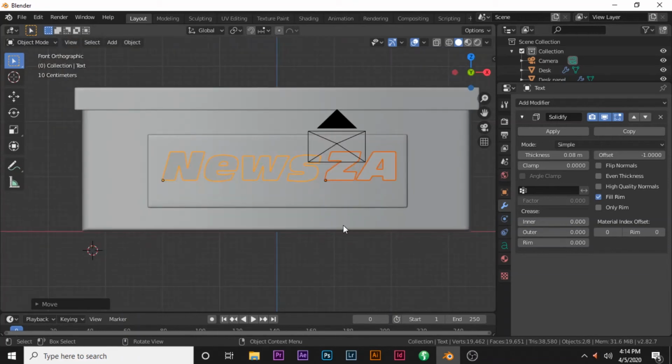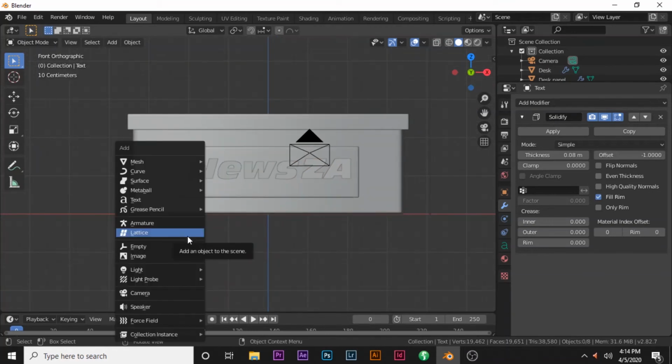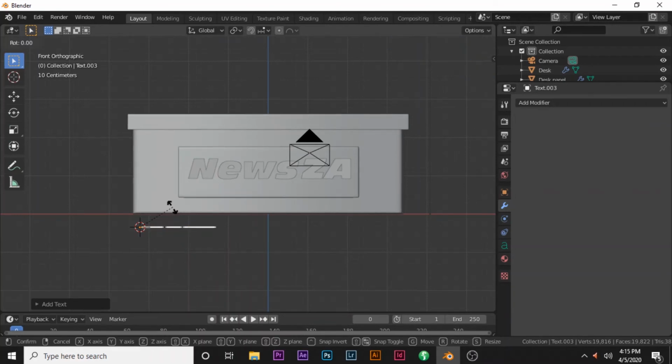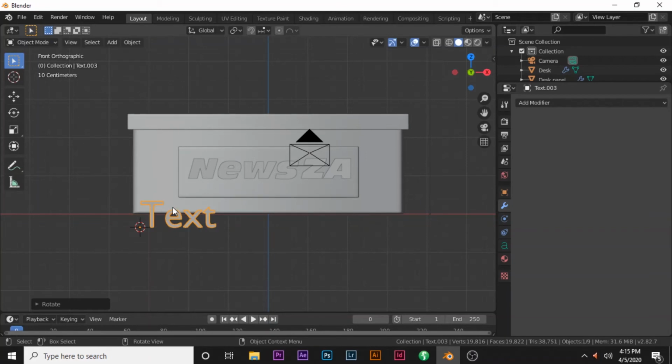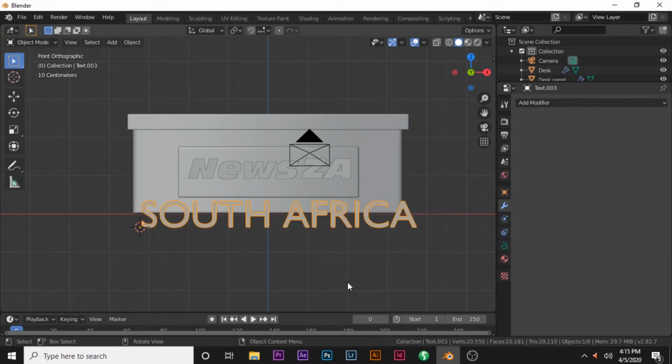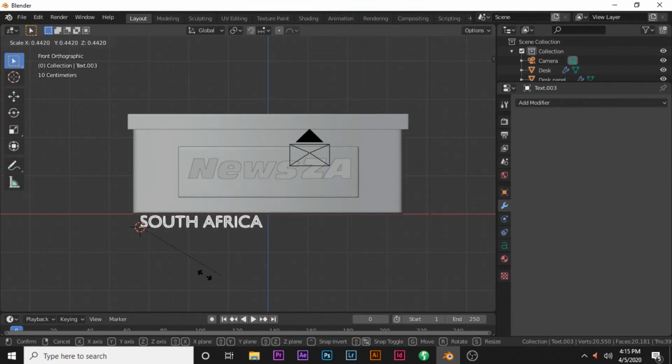go to the front view, and then I'm gonna add another one down here that says South Africa. Let me just Shift A, text, rotate X 90 degrees, enter, tab, and then I'm gonna type in caps, I want to type South Africa. Tab and then scale it pretty small, something like that, and grab it and put it down underneath the